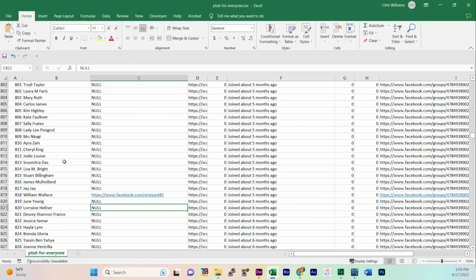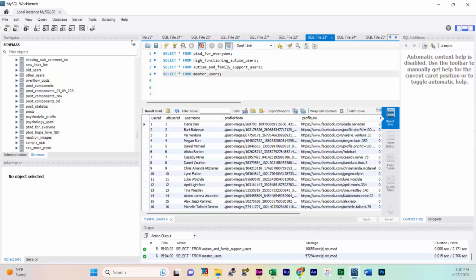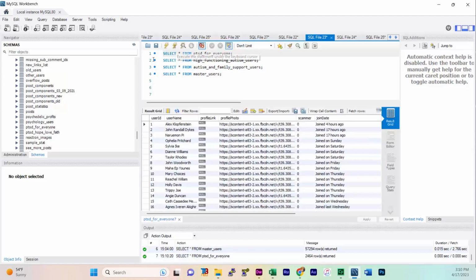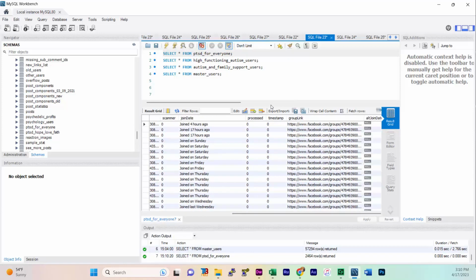So once this is complete, I'll have this for every single user. I'll have their actual profile link, and I'll have their join date precise to the day. I load this into my database, and I run a script that updates my database table. So this table will be updated based on what I collect, to have everybody's profile link. There'll be an accurate join date here, and a Unix timestamp calculated for that user,